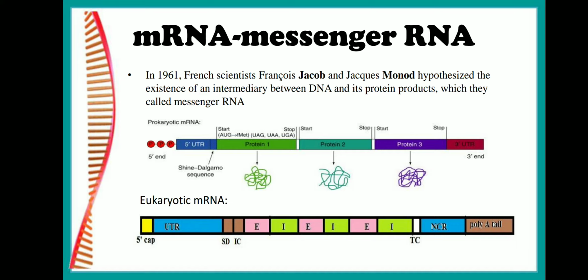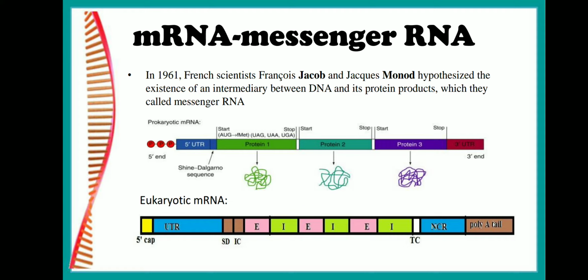When one gene, that is the cistron, codes for a single mRNA strand, the mRNA is said to be monocistronic. Whereas in many cases, like in prokaryotes, one mRNA will code for many proteins, so they are called polycistronic. Cistron is the coding region of the RNA. That means cistrons are present on the DNA gene, which will synthesize the mRNA, and the mRNA codes for the protein.